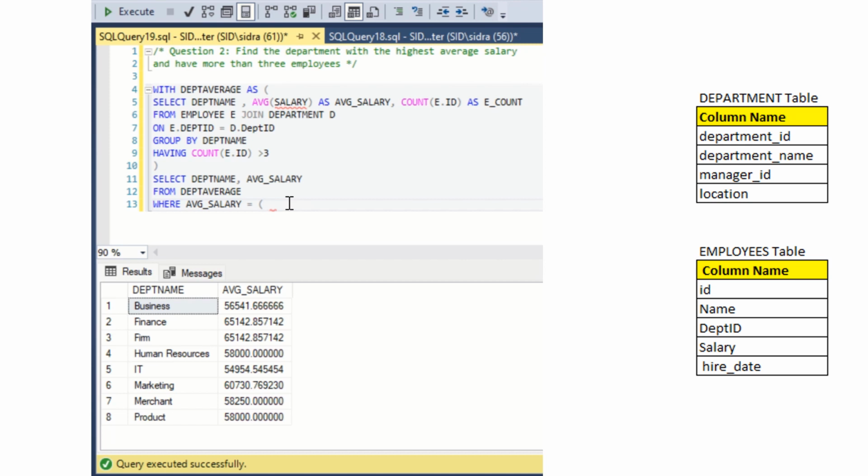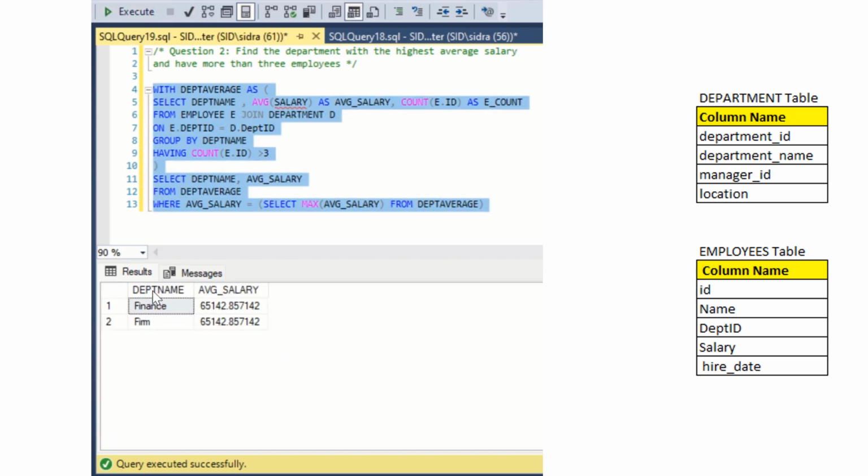I'm going to write another statement. Okay, so here I'm typing select max average_salary from Dept average, which is a department average, close parentheses. So here I'm giving a where condition where average salary is max average salary from department average. So whichever has the max average salary will be my result. So now if I highlight and hit execute,